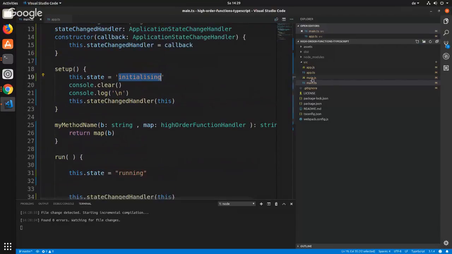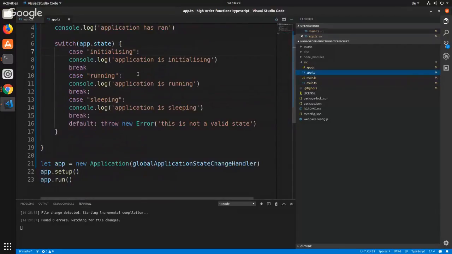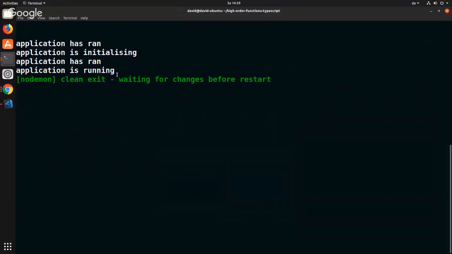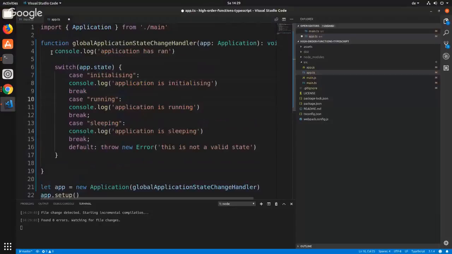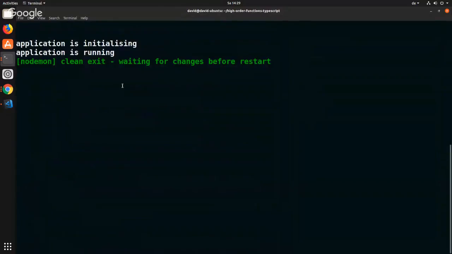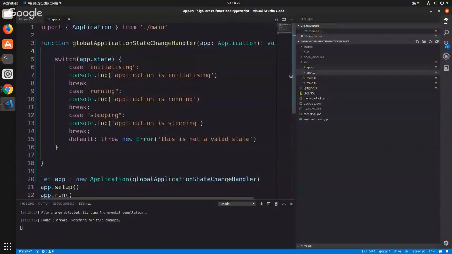So let's run our application now. As you can see here, application is run, application is initializing, application has run. Sorry, let's get rid of that. That makes a little bit more sense now. Application is initializing, application is running. And then afterwards, we can then